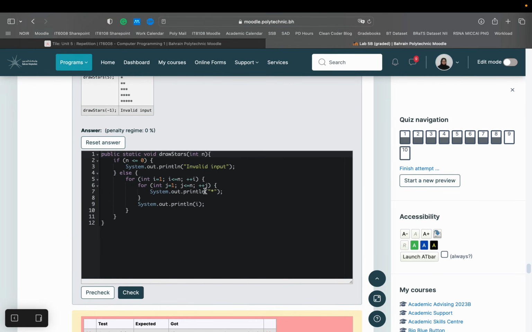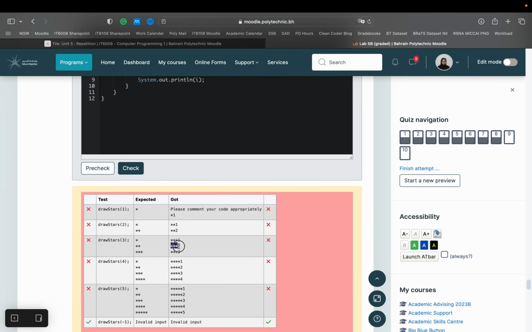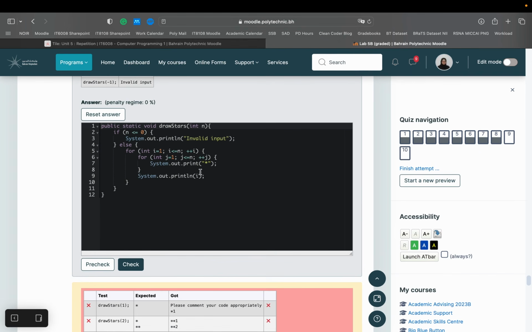To print them side by side, what you need to do is make sure the print statement within the nested loop doesn't have ln. If you get rid of the ln, now it prints the stars together. For example, if it's 2, it's printing 2 stars in all the rows. If it's 3, it's printing 3 stars in all the rows. If it's 4, it's printing 4 stars in all the rows. And it's also printing this random number, which is coming from here because I put i just to show it to you. So I'll remove that, check again,